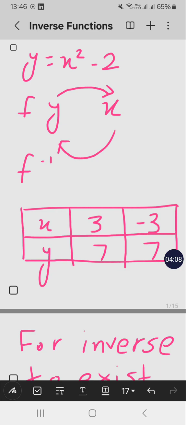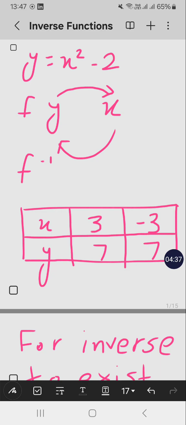We don't know whether this value 7 was the output of 3 or minus 3 in our original function. We can't just guess the output of our inverse function simply by looking at 7,